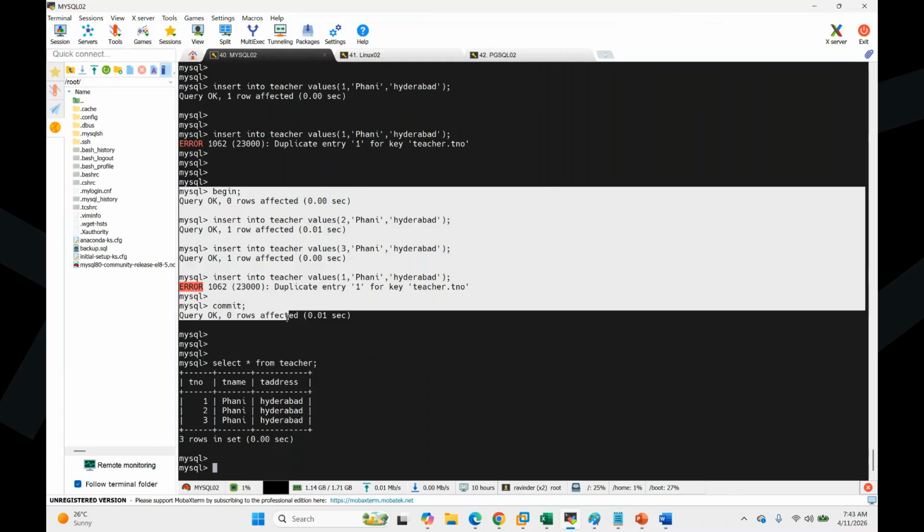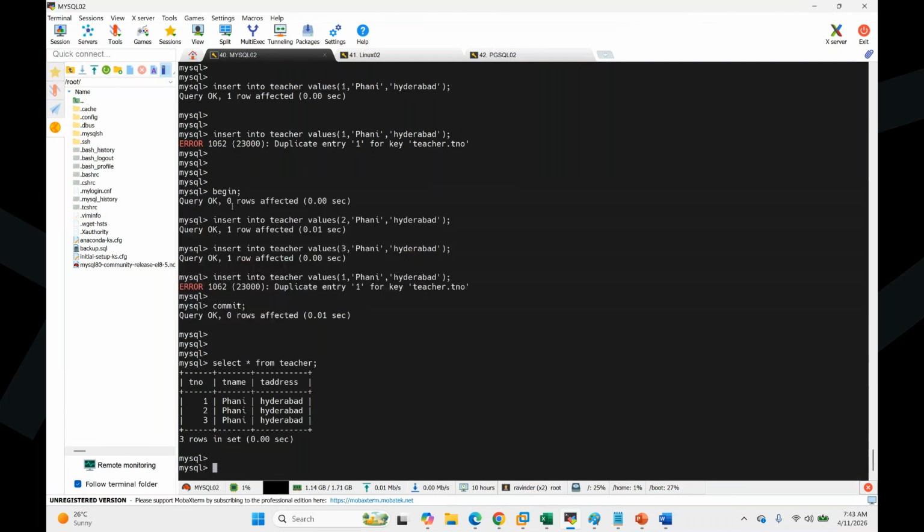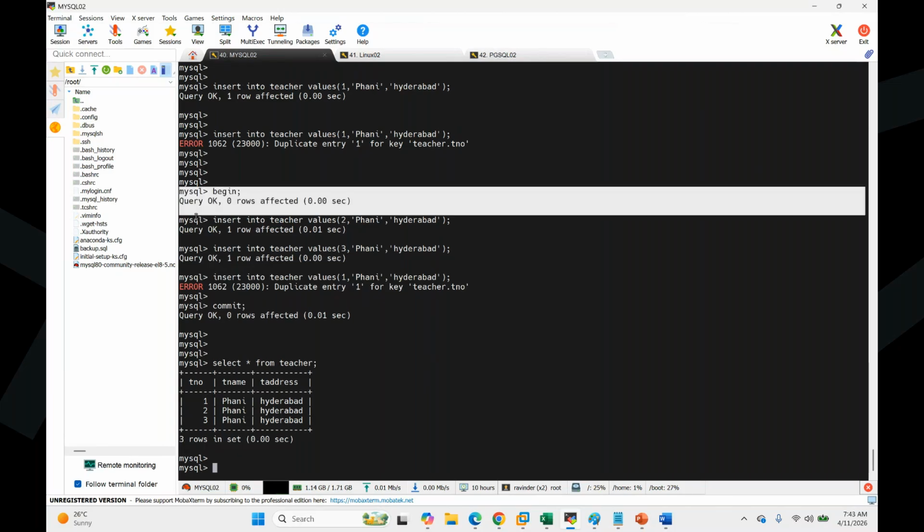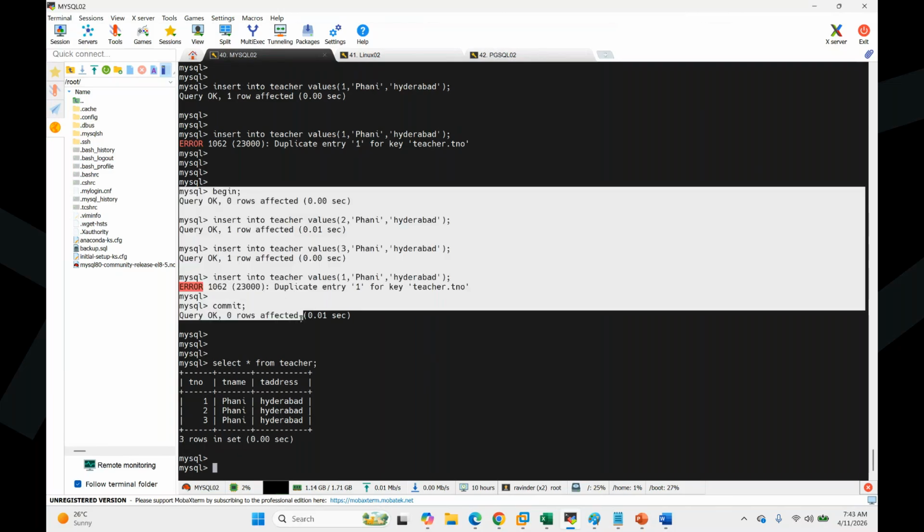In Postgres, we have only one log, like a WAL. That is the only way you can have a recovery. Here you have two log files, one for the committed transactions, one for the uncommitted transactions. Uncommitted transactions help you to roll back. Committed transactions help you to roll forward. I'll explain in the architecture, then you understand this concept, how it is ACID compliant.